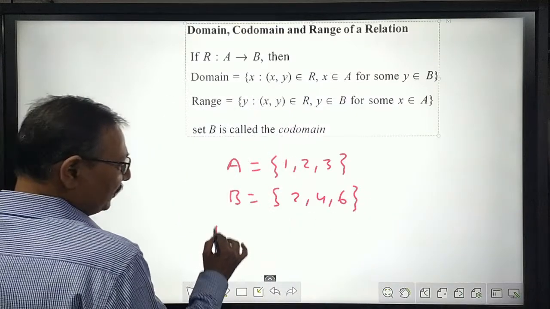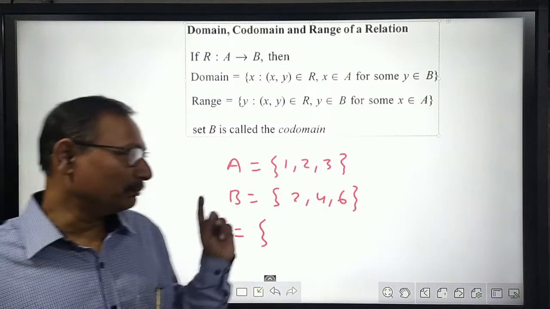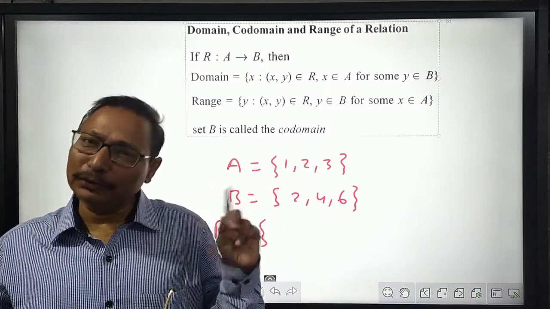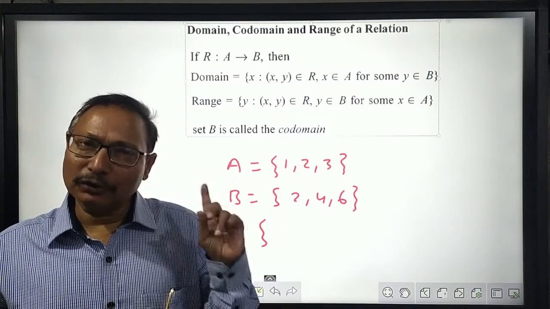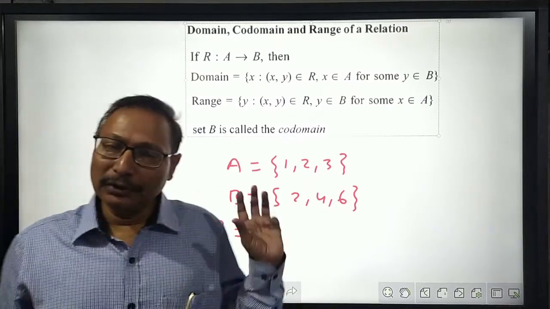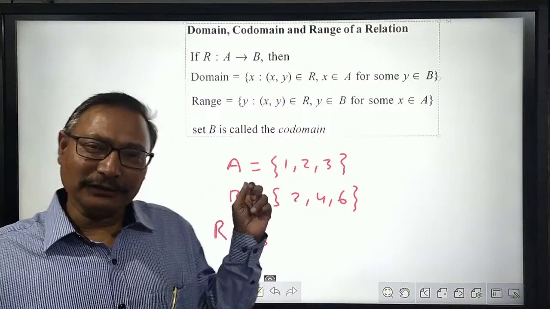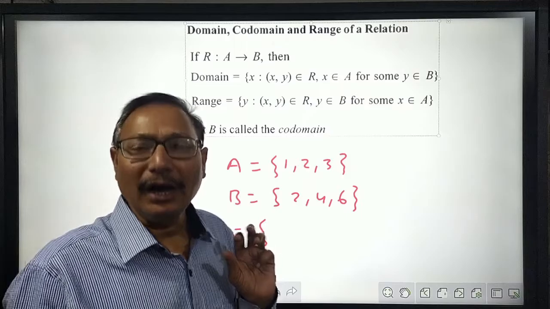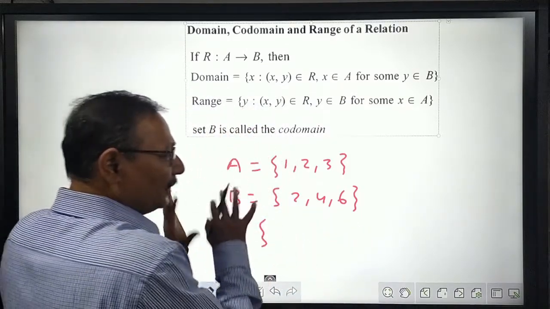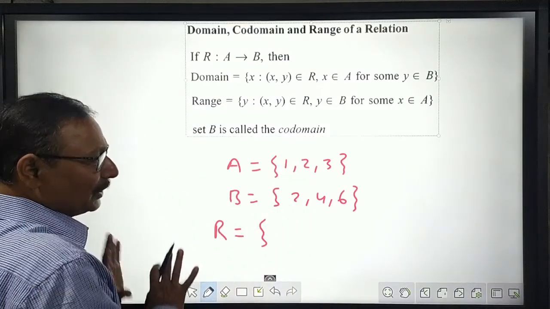Suppose that I am taking a collection of some pairs. Mind it, A cross B is a collection of all possible ordered pairs from A to B. That means the first element from A and the second element from B are taken together to make the pairs, and all those pairs are 9 in number. 3 3 are 9, so 9 in number, and out of those 9 I am writing here some